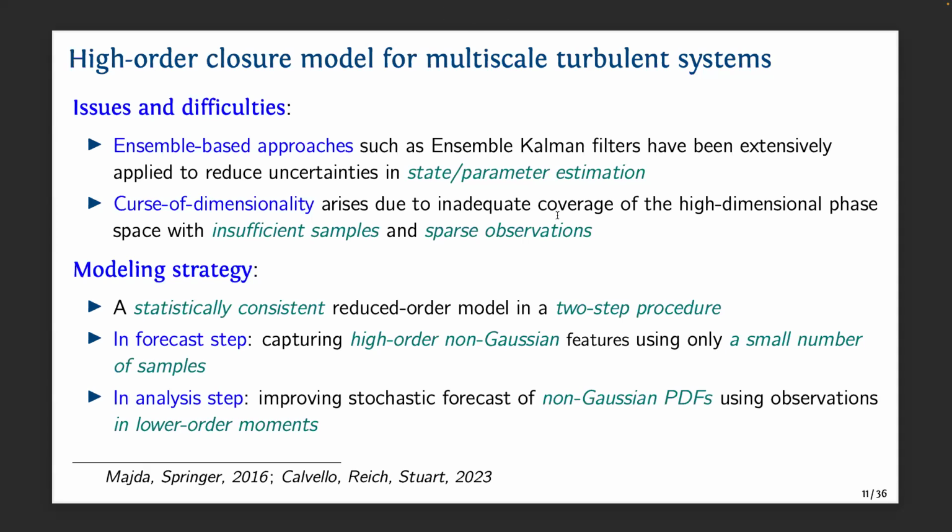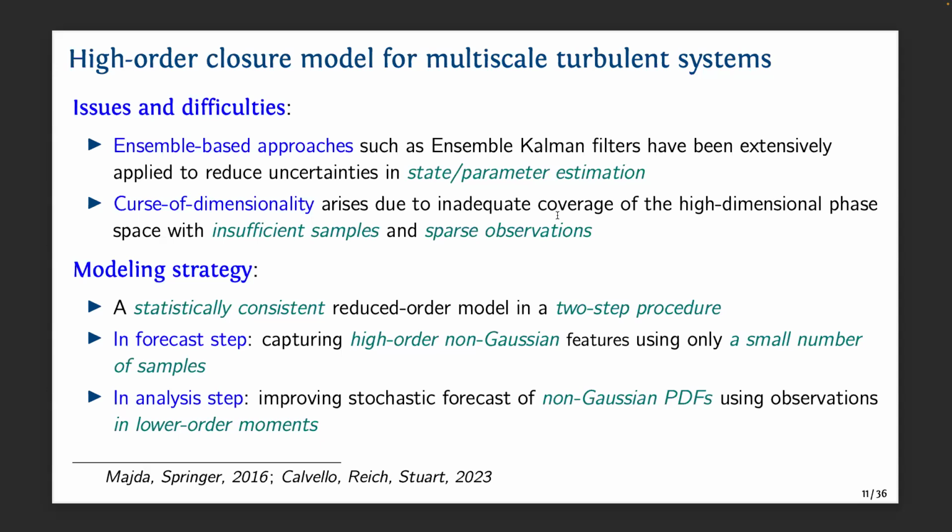Our strategy essentially follows the two steps in data assimilation. Vaguely speaking, we first do a forecast step, moving the model one time step to get the forecast state, or the prior state of the distribution. Second, we do the analysis step, that is, use data to correct our prediction, so that we have some kind of optimal estimation conditional on the partial observation data, and then repeat this procedure.